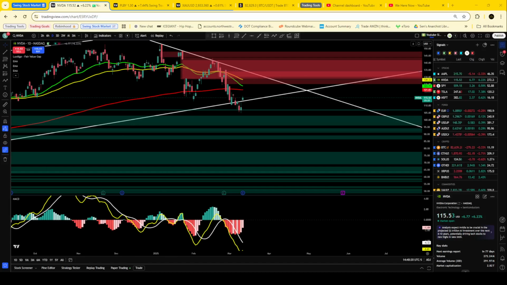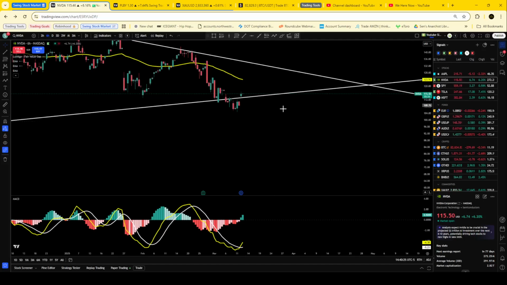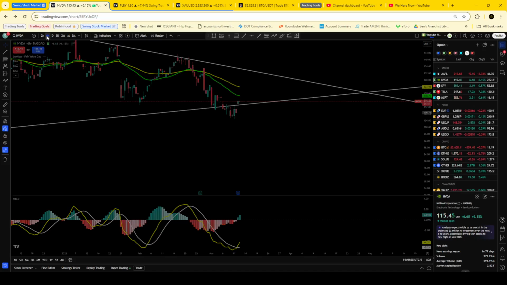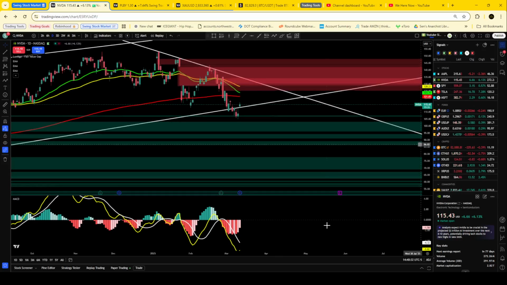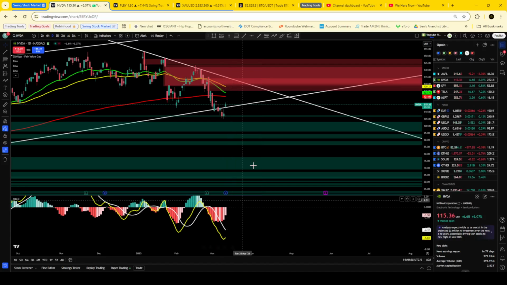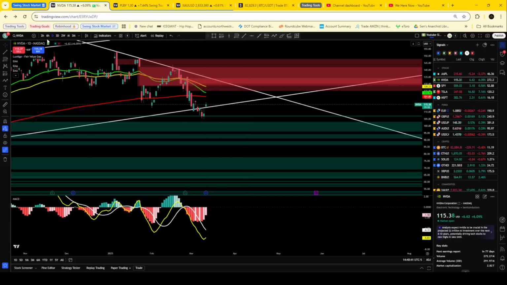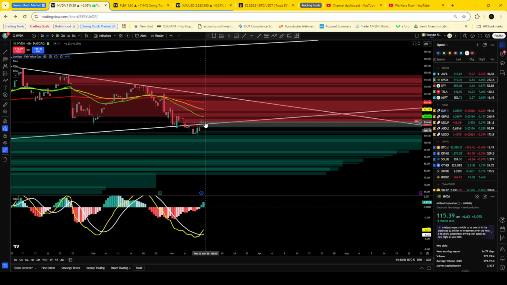Let's see if the 6 hour shows anything better. Let me see the daily. If we look at the MACD, it's starting a reversal on the daily. You go down to the 6 hour, the reversal has already happened. So if I were to go down to like a 30-minute or possibly an hour,